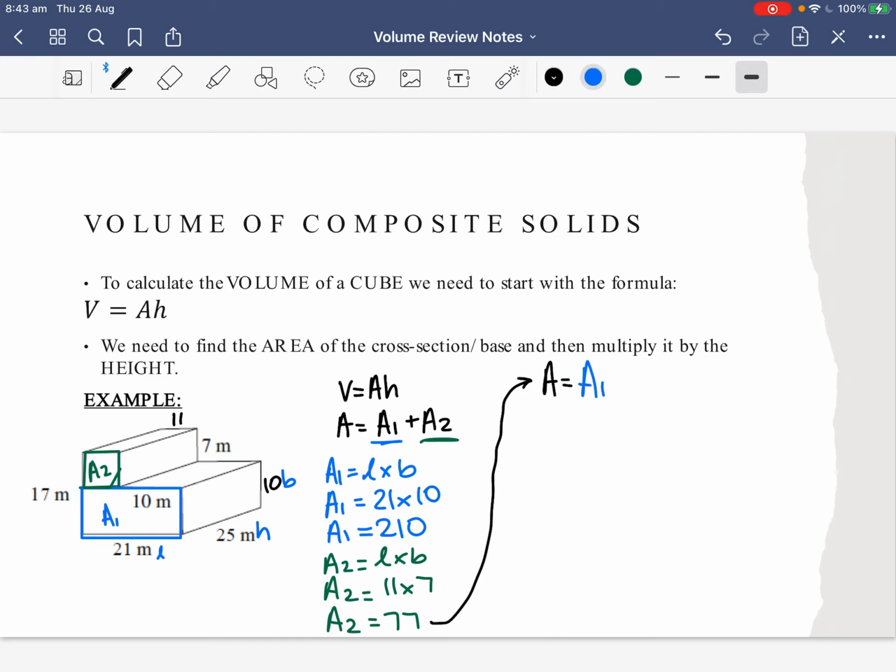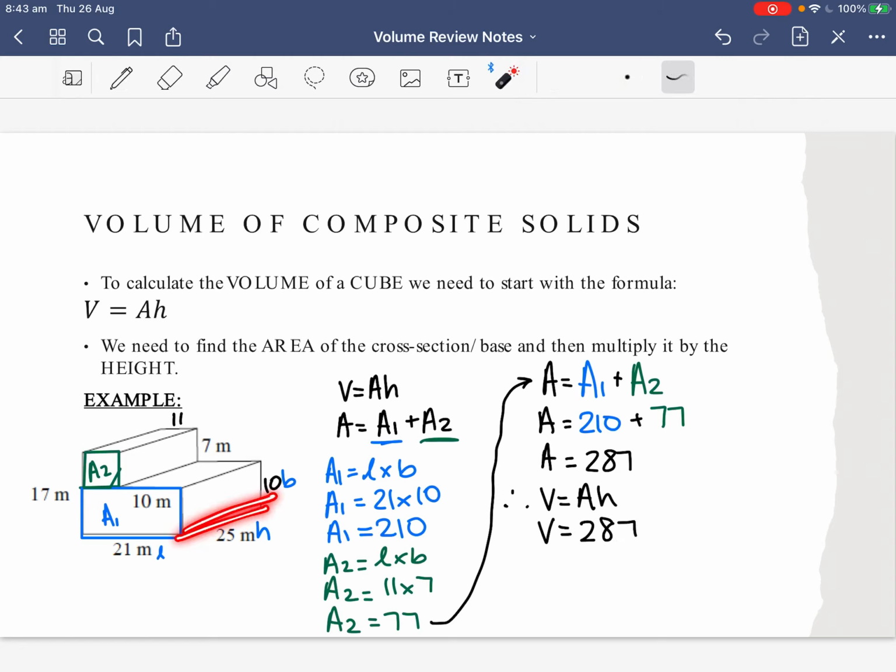So then we want to find our area by adding these two together. So area 1 plus area 2. So our area will equal 210 plus 77. So 210 plus 77 is 287. Then what we need to do is find our volume. So therefore volume equals AH. And so volume, our area was 287. Our height, or our length going back from our cross section, is 25. So 287 times by 25 gives us a volume of 7,100